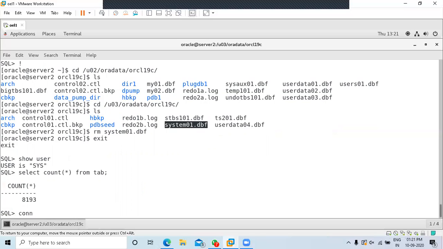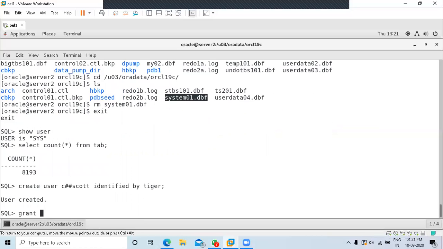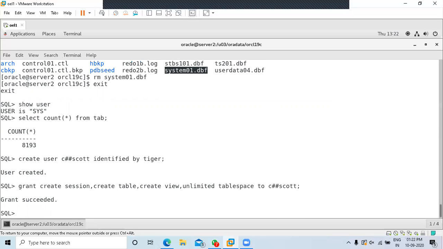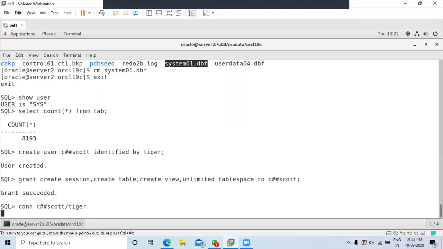Let's say I try to connect as some user, or I try to create a user: create user c##spot identified by tiger; grant create session, create table, create view, unlimited tablespace to c##spot; connect c##spot/tiger.